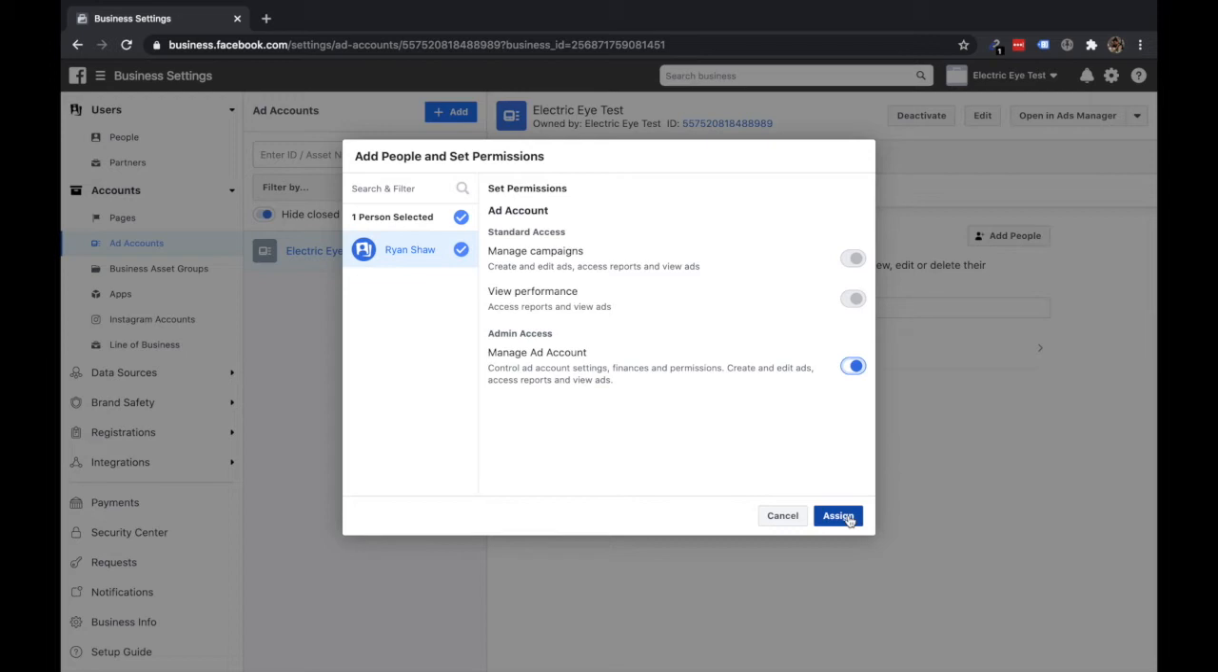It's always going to make the process easier. You won't have to worry about trying to go back. But if you were trying to only give somebody the ability to view reports, you could just click view performance. So that's going to allow them to access reports and view the ads and not change anything. They're not going to be able to edit. They're not going to be able to